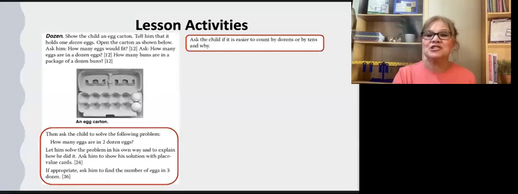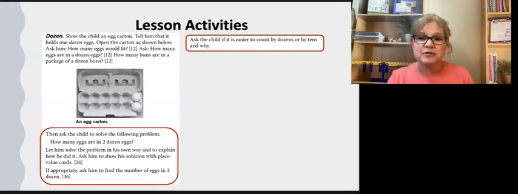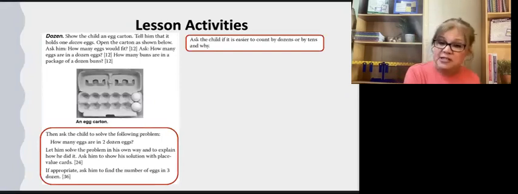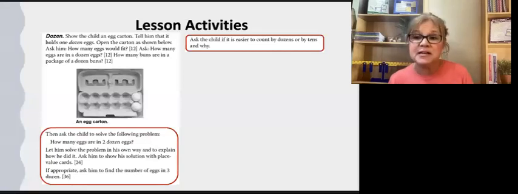Now, the next question has the child find the number of eggs in 3 dozen. Now, at this point, I would evaluate my child's mental energy levels. If my son is struggling to keep up, I might move on to the next section from here, just to see if we can add some new material. However, if he's good to go, I'm going to ask him the question and let him use the same support that he used for 2 dozen for 3 dozen.